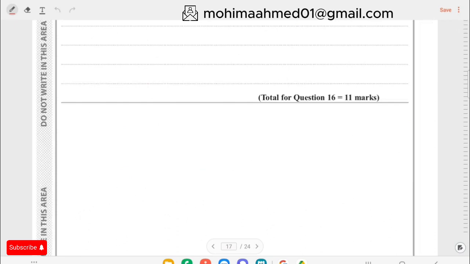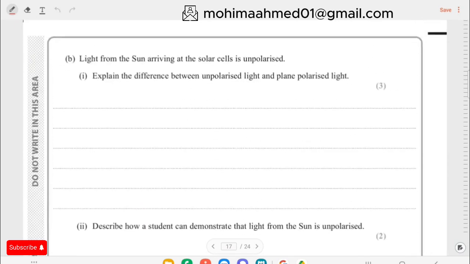16b, B1 actually. Light from the sun arriving at the solar cells is unpolarized. Explain the difference between polarized and unpolarized lights. Polarized means waves that vibrate in one direction, which is perpendicular to the direction of wave travel, and unpolarized means waves that oscillate or vibrate in many directions. So the basic memorized definition for this would be: